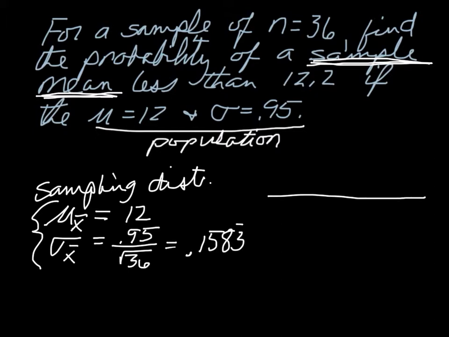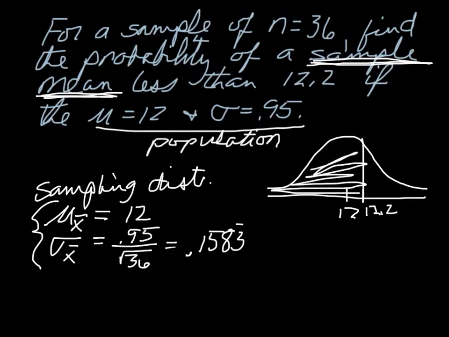Since it's a sampling distribution, I know it's a normal curve where the mean is at 12, and 12.2, which is what I'm looking for, is slightly bigger than that. And I want the probability, which is going to be the area to the left of that, the probability less than 12.2. So that tells me, oh, I can just do a normal